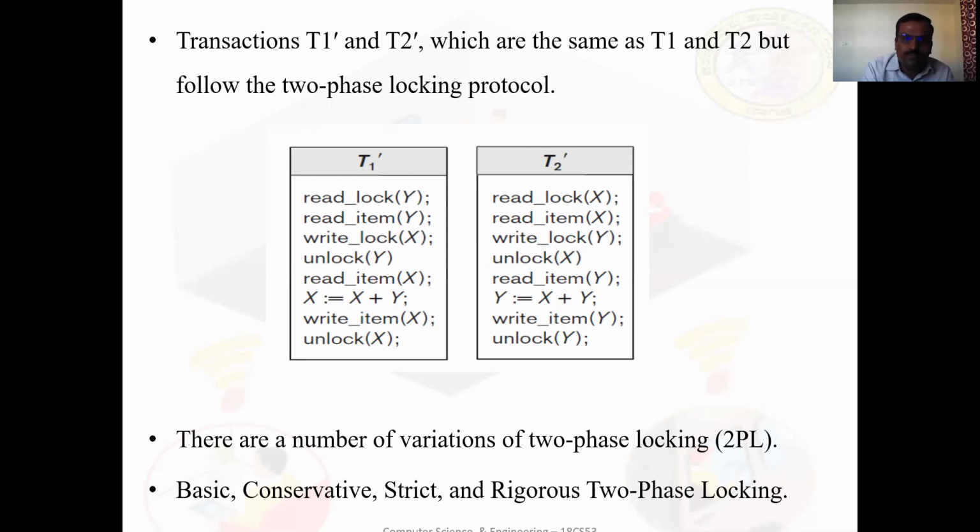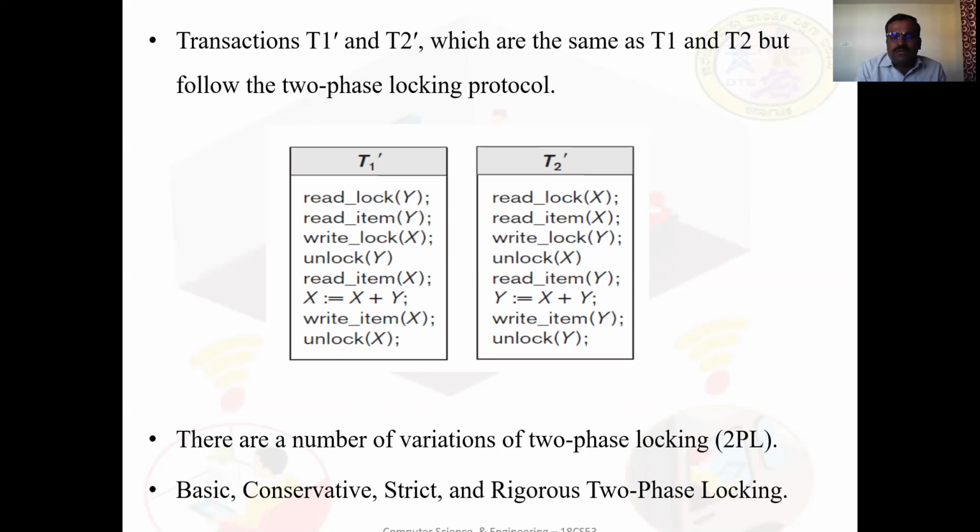The most popular two-phase locking is strict two-phase locking, which guarantees strict schedules. In this variation, a transaction T does not release any of its exclusive, meaning write, locks until after it commits or aborts. Hence, no other transaction can read or write an item that is written by T unless T has committed, leading to a strict schedule for recoverability.